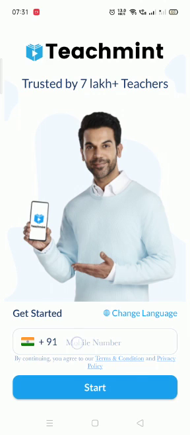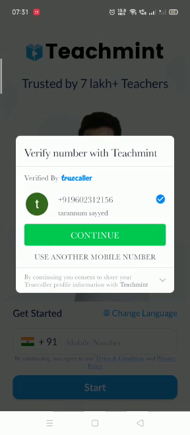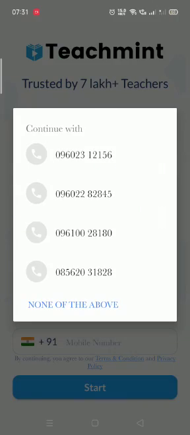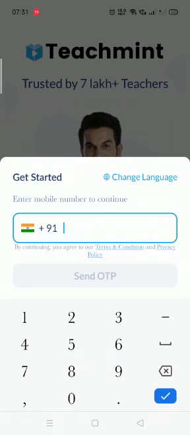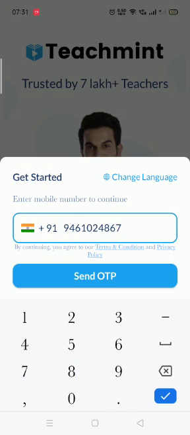Okay, so here I will just click in this bar and write a mobile number. Since I've enrolled with my mobile as a teacher, I will enroll with some other mobile as a student.